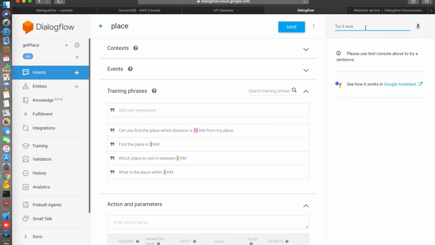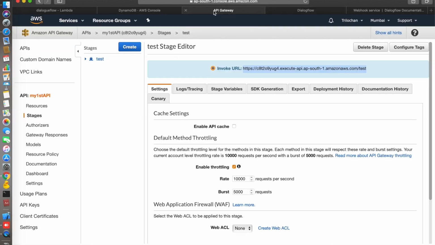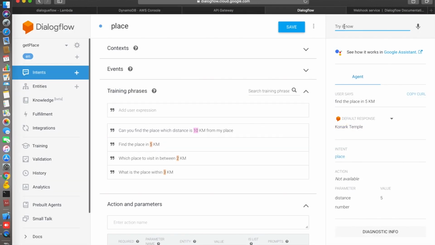You can test it: find the places in 5 kilometer. Yes, you will get the Konark temple. In 5 kilometer I have placed Konark temple. Let's check the database: against 5, it is Konark temple. So we are getting the result dynamically.